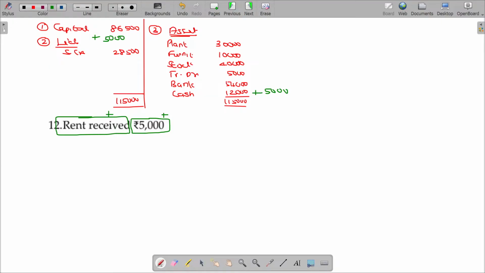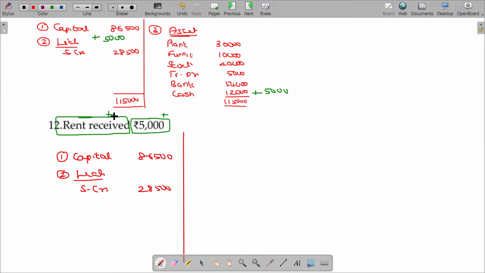Now finally, the new accounting equation here being capital. This value remains 86,500 and liabilities under that sundry creditors 28,500. Capital should be subtracted by 5,000 rupees. Sorry, this is 81,500. In the asset side, add no. Okay, then what is the value? 91,500. Okay. Now in the asset side,